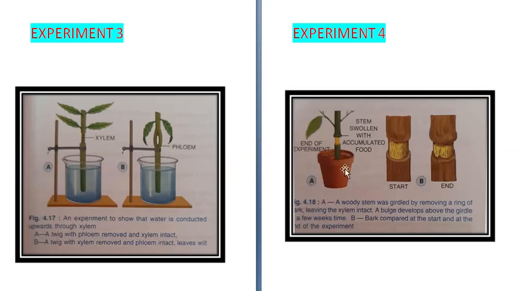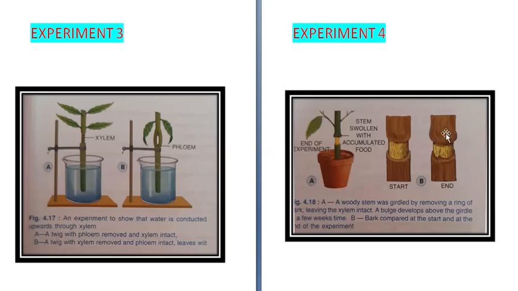Now the next experiment is to show that food from the leaf is conducted downwards through phloem. Again, cut a ring around the stem of a healthy potted plant, through girdling, and in this the phloem has been removed but xylem has not been removed. Okay, it will be seen that the sap starts oozing from the farther cut margin of the stem, showing that sap in peripheral parts flows in a downward direction.